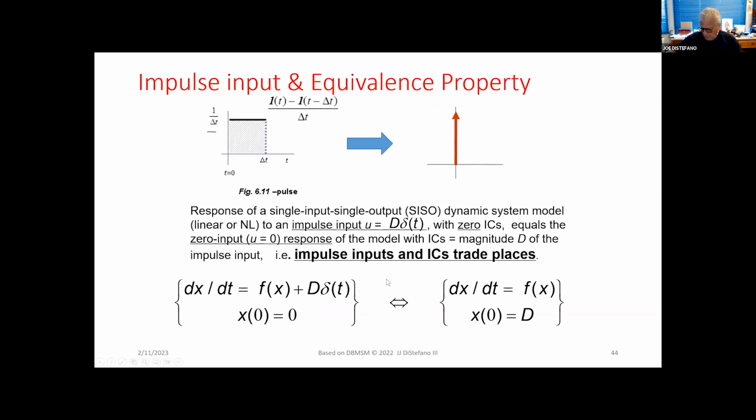This is something that I utilize in how to turn impulse inputs into initial conditions, and how this, of course, is basic in simulation. Namely, if you have a very quick pulse and you want to implement that in a Simulink simulation, you're not going to try to make an impulse out of it. What you'll do is turn it into an initial condition. And so they get to work with this in the context of superposition and how to formulate models using impulses or approximate impulses, steps and initial conditions and other inputs.